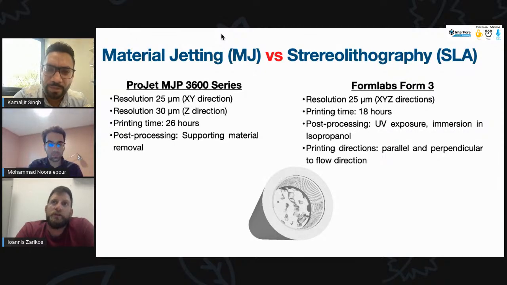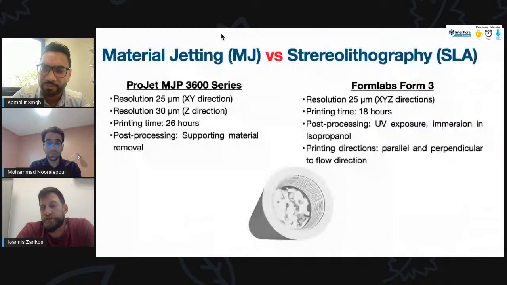In the case of stereolithography, we used the Formlabs Form 3. Again, it's a commercial printer, which allows 25 microns resolution in all three directions. The printing time was relatively faster, but we had a little bit of post-processing because we had to additionally expose the sample to UV to harden the external parts. And then we had to immerse it in isopropanol in an ultrasonic bath to remove the residual photoresin from inside